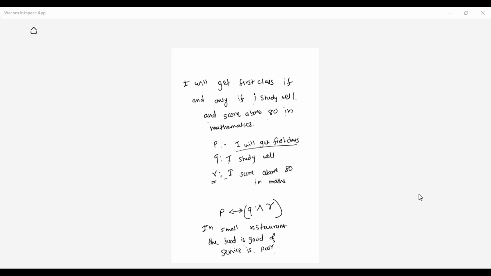Whatever they have given, put it as a statement. Food is good is P, service is poor is Q, P and Q. So I hope everyone has got P as food is good and Q as service is poor. Okay, let us move to the next statement.